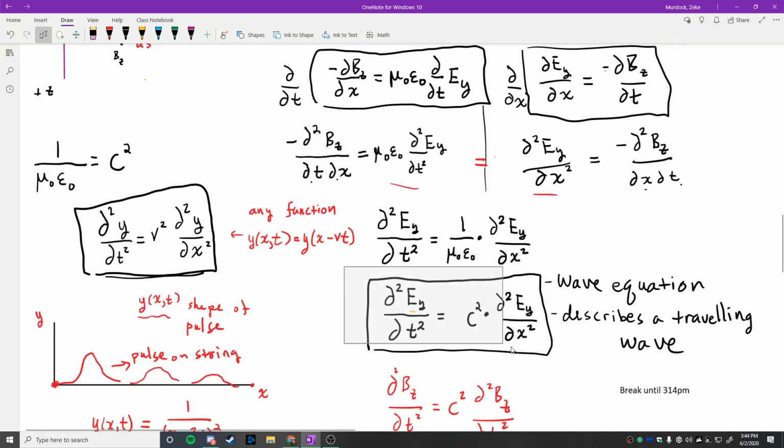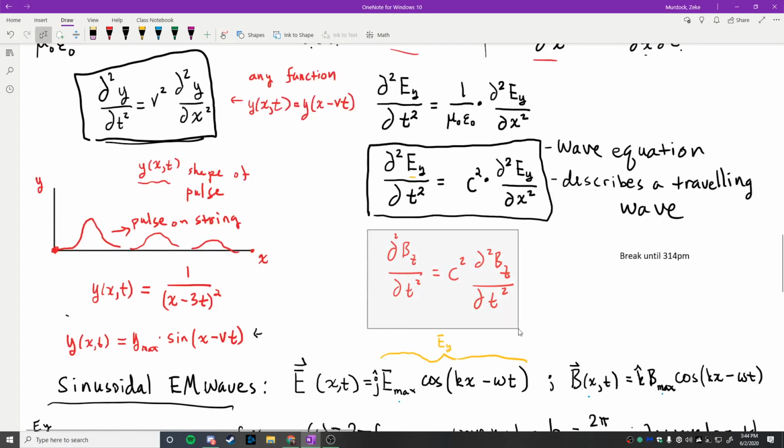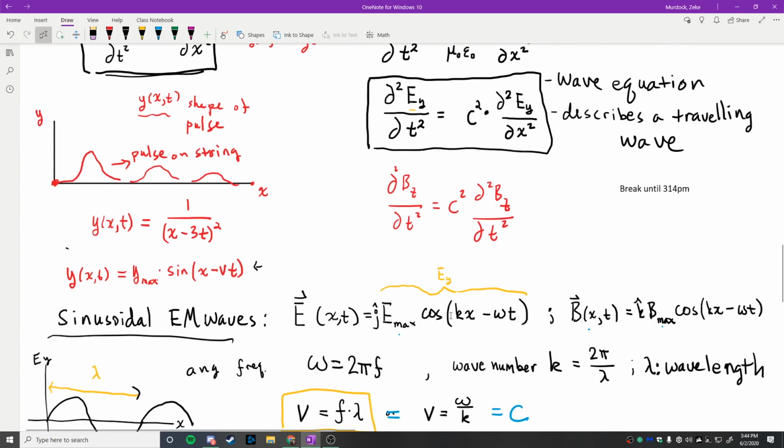The relationship between what the electric field does and how it varies in space and time, and the same relationship for the magnetic field. We said that solutions to these are going to be anything that has the form something like x minus vt. Now, the normal way in which these are described, and I don't know why, but this is normally how they're written. You can get more information because you have this and this instead of just a speed. Anyway,